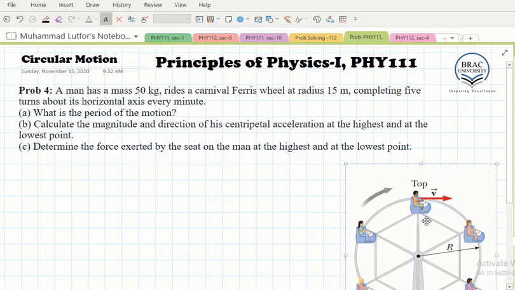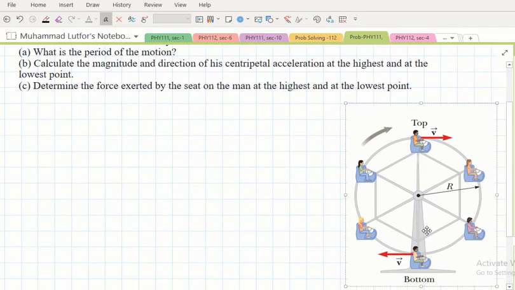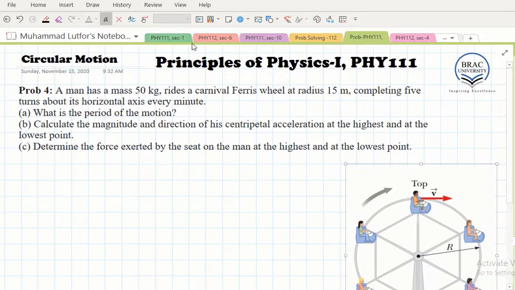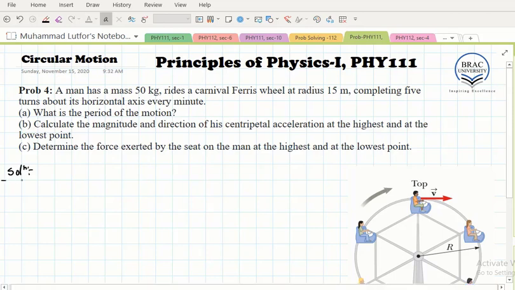And the third one, we have to find the force exerted by the seat on the man at the highest and the lowest point. Fine. So let's start to solve this one. What are we going to do? We're going to write that the radius of this Ferris wheel is given, which is 15 meters, and